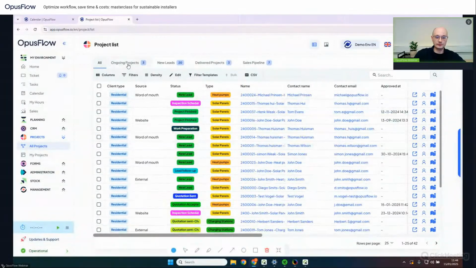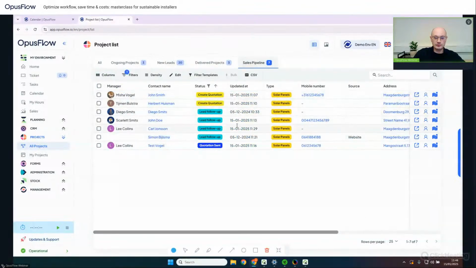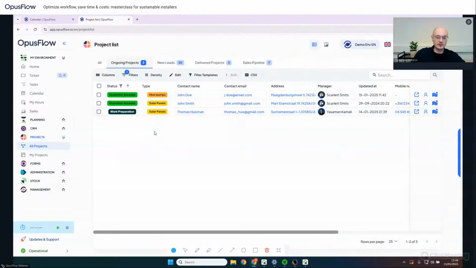make the same filters. So say that as a manager, you want to see what's going on roughly within my organization. So I have 7 projects within my sales pipeline. I want to see what manager is working on these projects, what is the contact name, and what phase is it in, right? Then again, maybe you want to look at ongoing projects. Here you really want to see what are we installing and where are we and where is this project located. So you can have these different overviews,